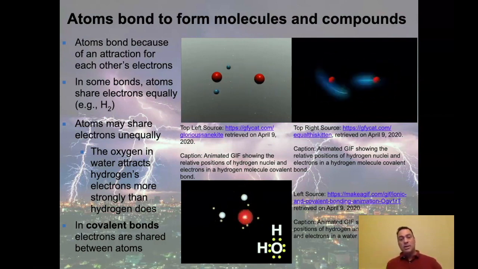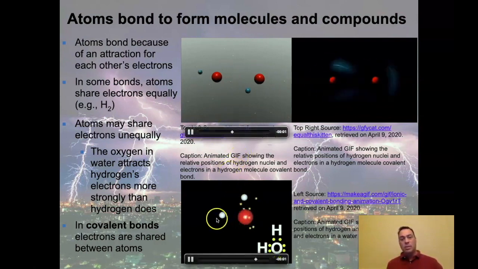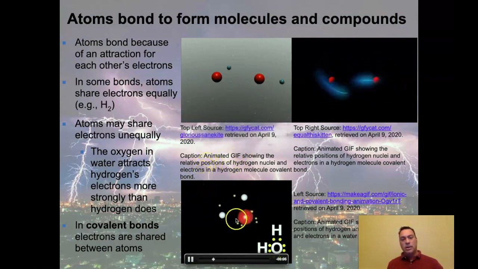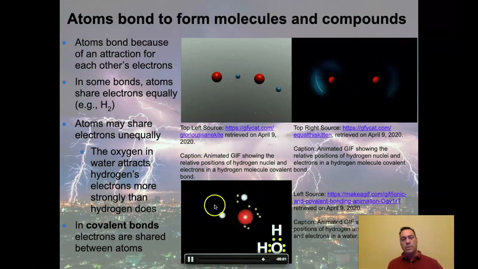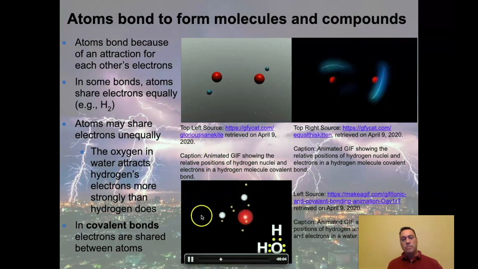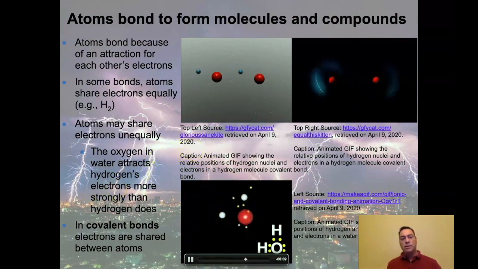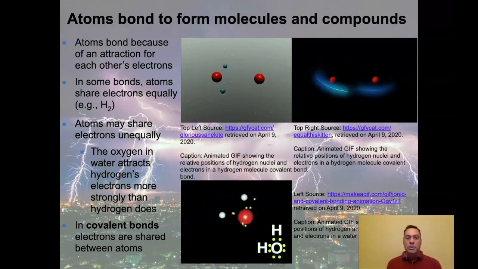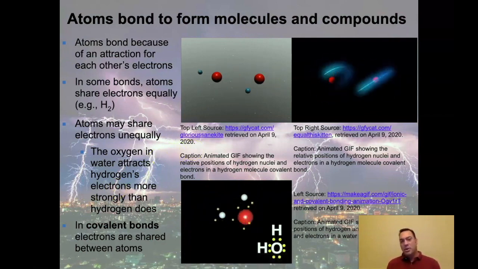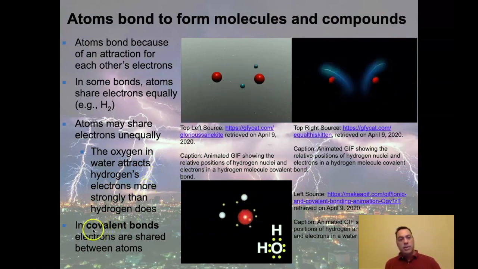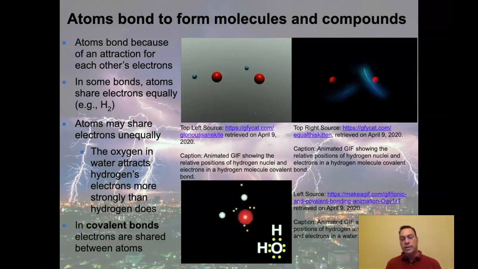And so what we see here in this image is a water molecule. Here we see the electrons buzzing around, but you can see that even the ones that go around the hydrogens are still shown to spend most of their time around the oxygen. So, the hydrogens get involved. It's what we're going to call a covalent bond, right? So a covalent bond is where electrons are shared between atoms. That's what we see down here. It's an important vocabulary term for this class.